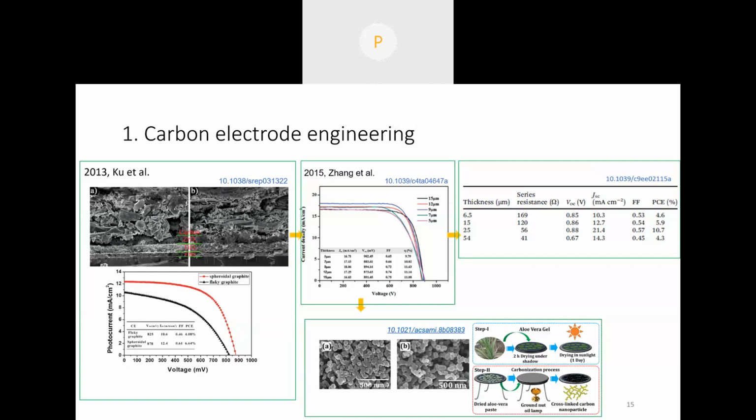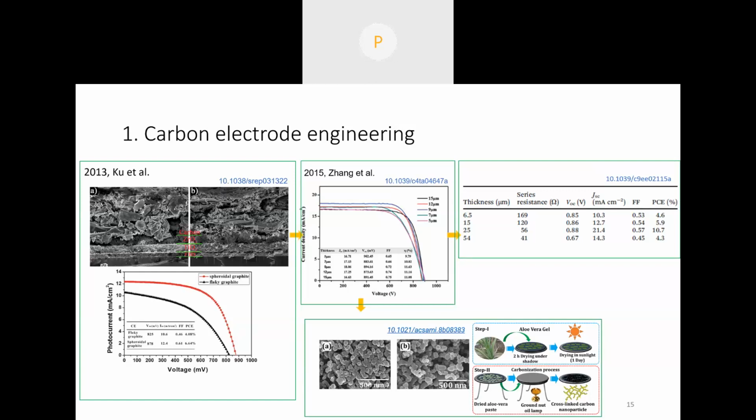So, firstly, I have worked on carbon paste. In that, there are a few reports on carbon electrode engineering in the literature. The first report on carbon-based perovskite solar cell was in 2013 by Ku et al. In that, they checked two types of graphite, the flaky and the spheroidal shape graphite. They checked the effect of the shape on the performance of the carbon-based solar cells, because in carbon-based solar